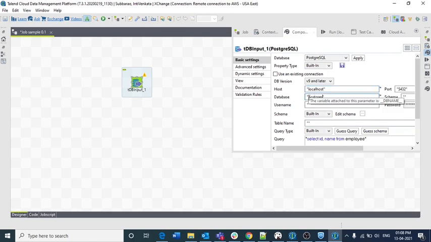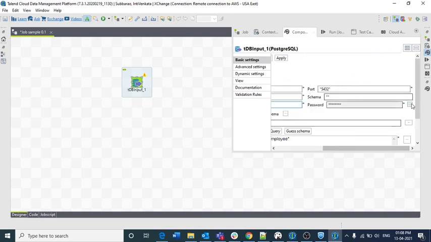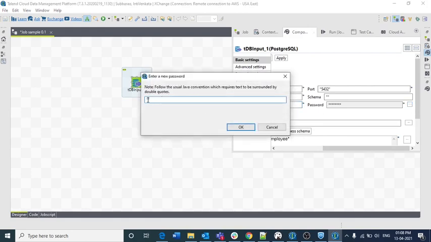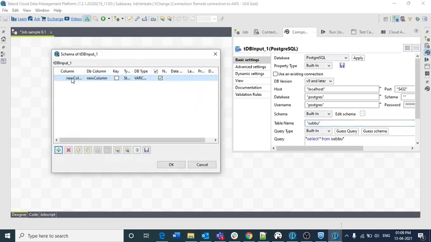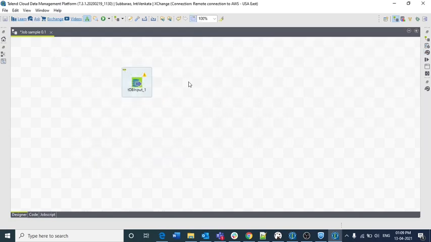I am again configuring this database. You can configure it with your personal credentials. Here, I know the database name and the table name, but I don't know what exactly the schema is. So what I am writing here is select star from the table named Subbu. I know just the table name but not the schema. In the schema, I am making one new column, address, with the type as dynamic. That's it. I am not giving any other arguments here.